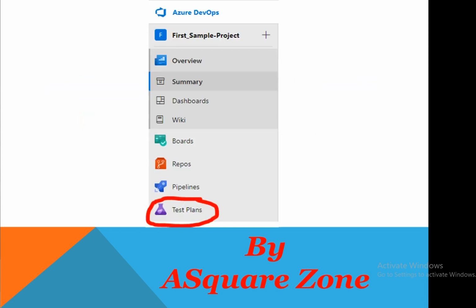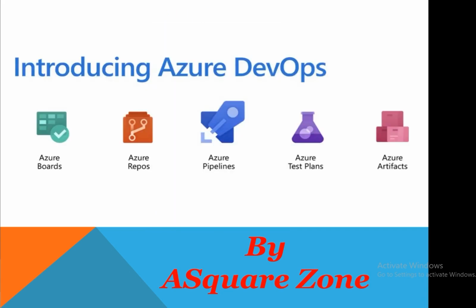Using test plans, we can do test-related activities. Here, ADO has integrated collaboration services, a feature that enables teams to collaborate across the entire collection of Azure DevOps features and functions.